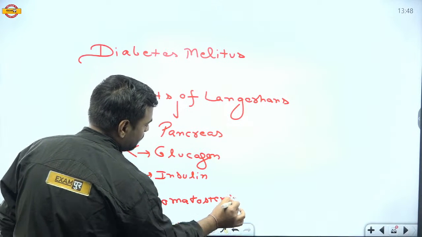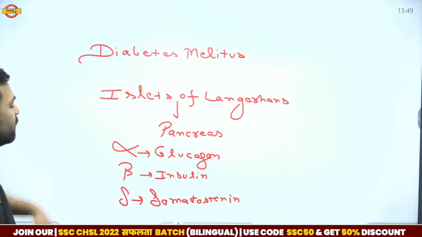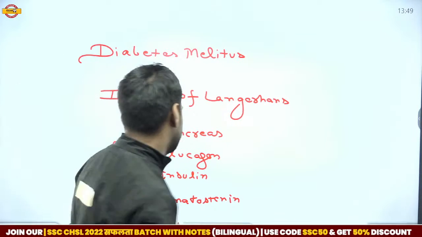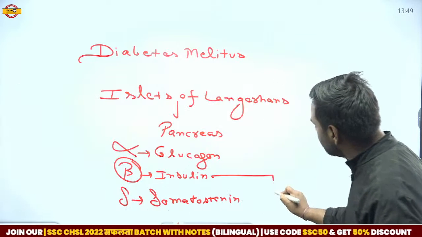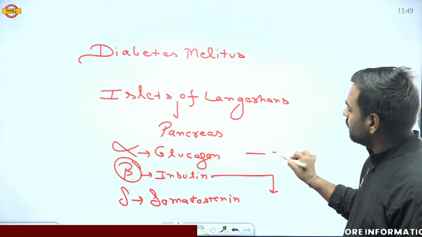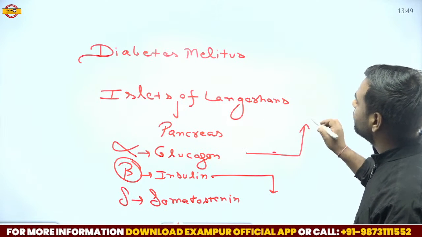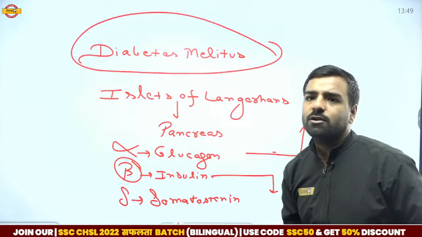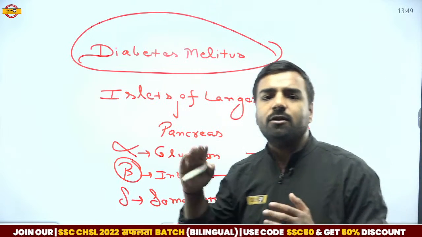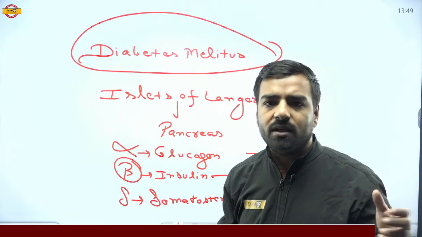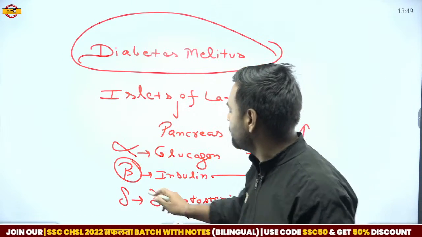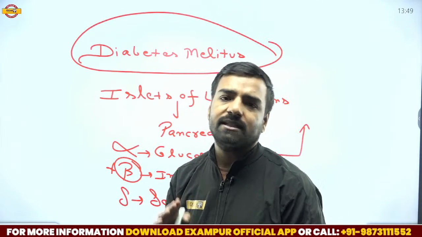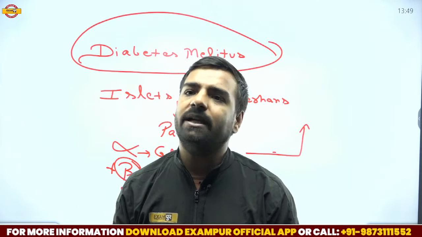Now what happens when we talk about this beta part, that is beta cell, if it is not working in the proper manner, this insulin level actually decreases. But if the glucose level is high, in this condition we say that the person is actually suffering from diabetes mellitus. So what is that? Increase in the glucose level in comparison to insulin. Obviously, because of the issue in this beta cell, insulin's level was down. So the person is considered as diabetic. That is diabetes mellitus.